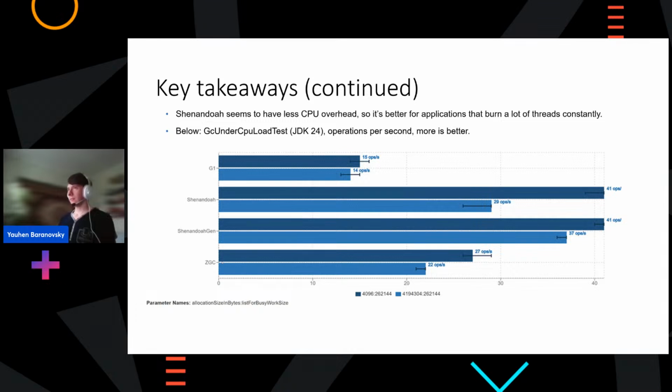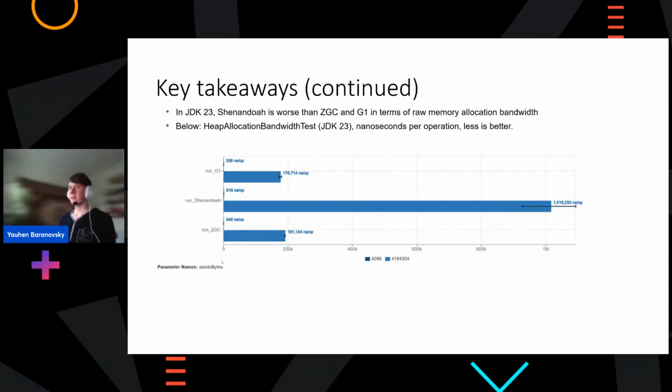But overall, Shenandoah seems to prove its promise on consuming less CPU. So it's better for applications that burn a lot of CPU in many threads constantly, which is shown on the bar chart below. Then in JDK 23,